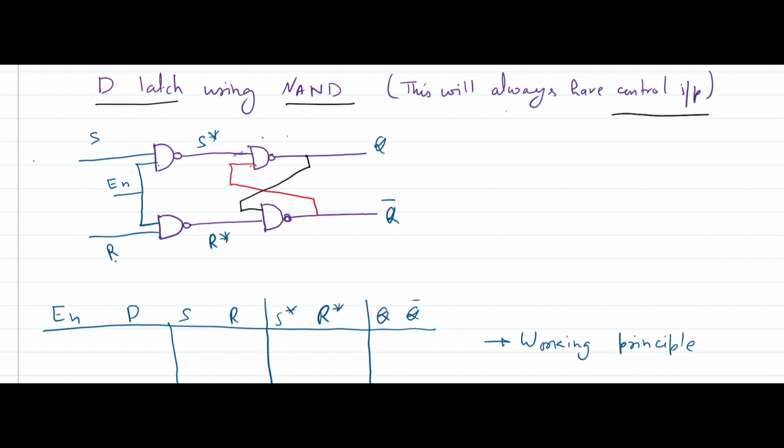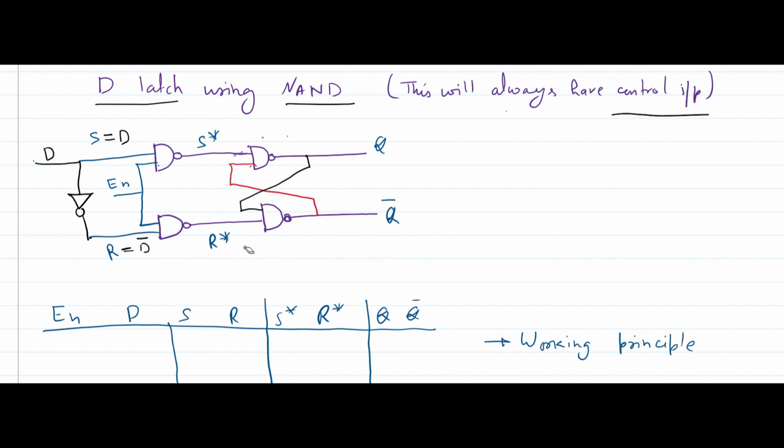So if you see this circuit, this digital circuit is a basic controlled SR latch with NAND gate, right? To design D-latch, what you have to do? We have to connect this S and R through a NOT gate. So we will connect it like this, and this input we will call D. So if you see here, this S is nothing but D and this R is nothing but D bar.